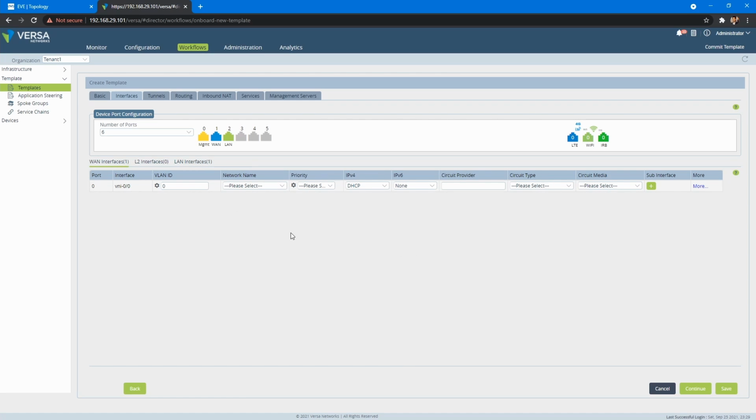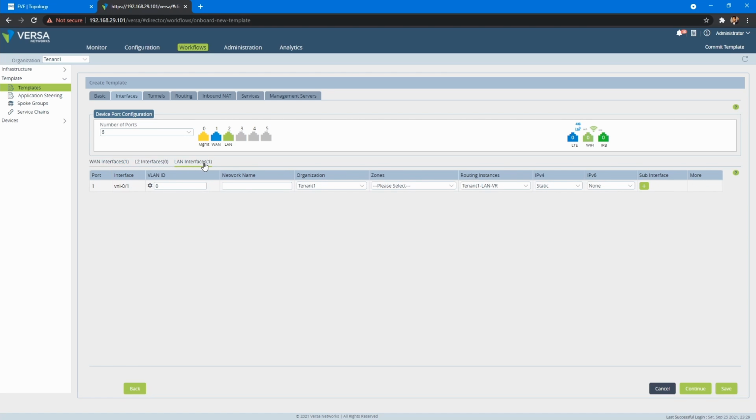Now you can provide the values for WAN interfaces. So you can also provide a VLAN ID. So suppose your service provider is giving you a specific VLAN, you can define here, or you can make it a variable and you can provide the same value during the device binding. By default, it is 0. In our last lab, we have configured two networks, one is MPLS and the other internet. For this one, it will be internet. You can define whether this IP is from DHCP or static. So for broadband internet link, you can get an IP from the ISP using the DHCP. For lab, we'll use static.